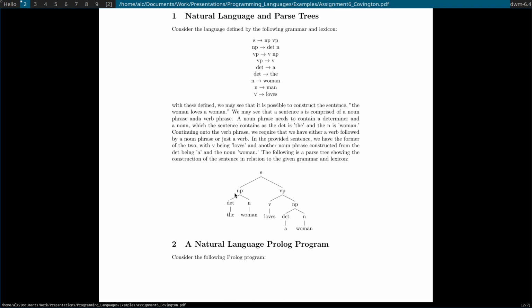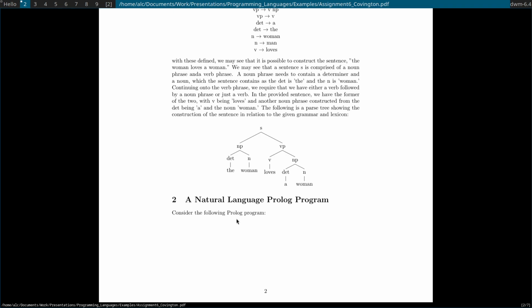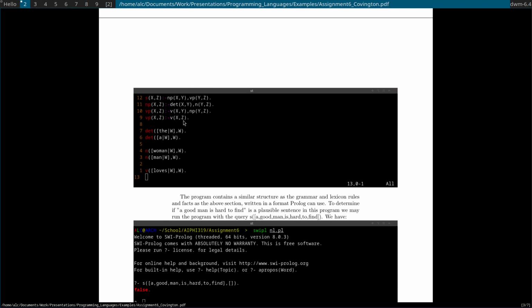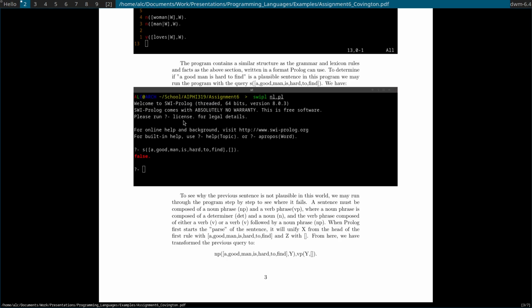So this is kind of what the syntax tree could look like. This is a specific syntax tree. And then this was the file that I wrote. Not super important, but you could see I asked the interpreter, is "a good man is hard to find" a sentence within my system?